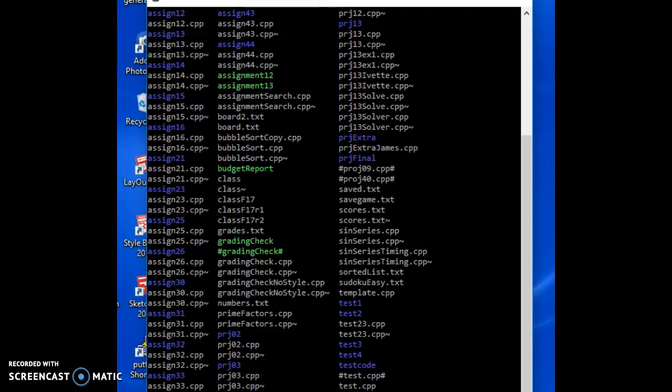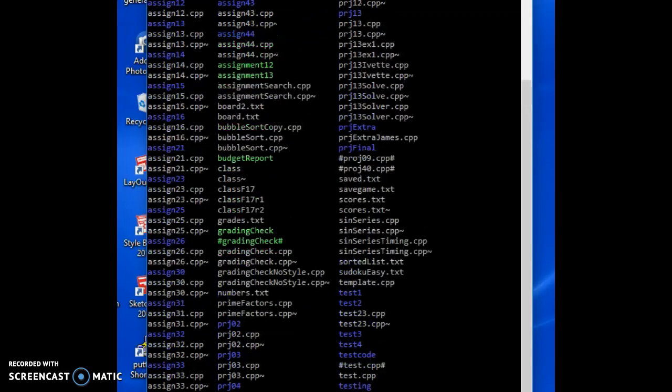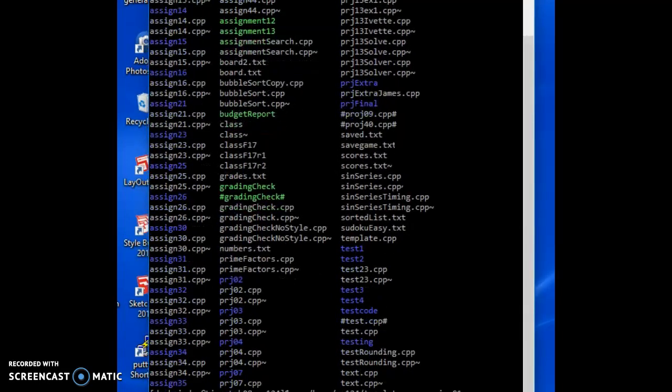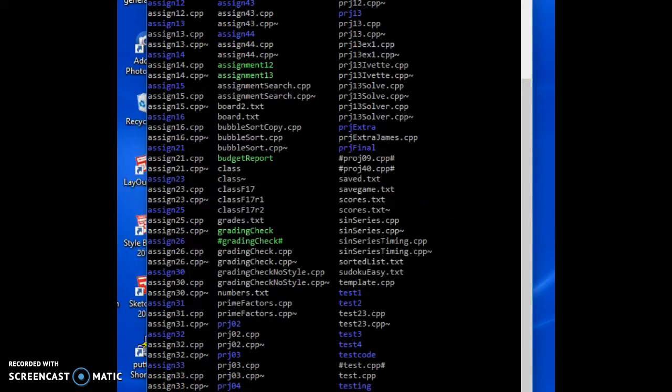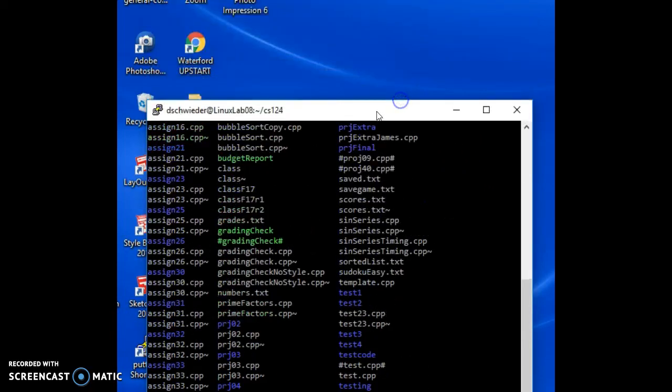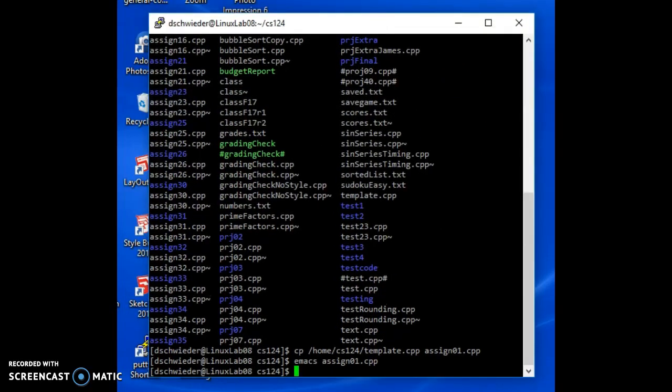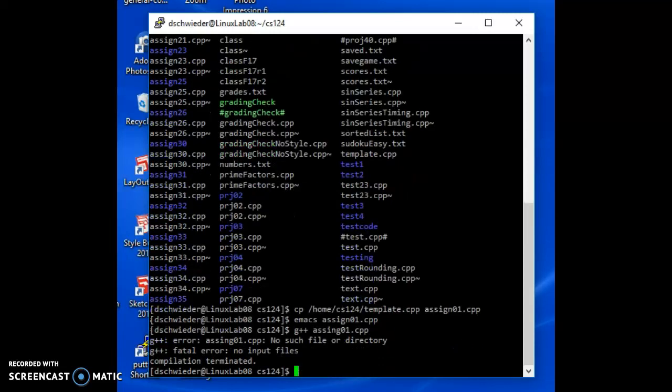And the last, oops, oh golly, I should just make this smaller. And compiling, g++ assign 01.cpp compiles it.